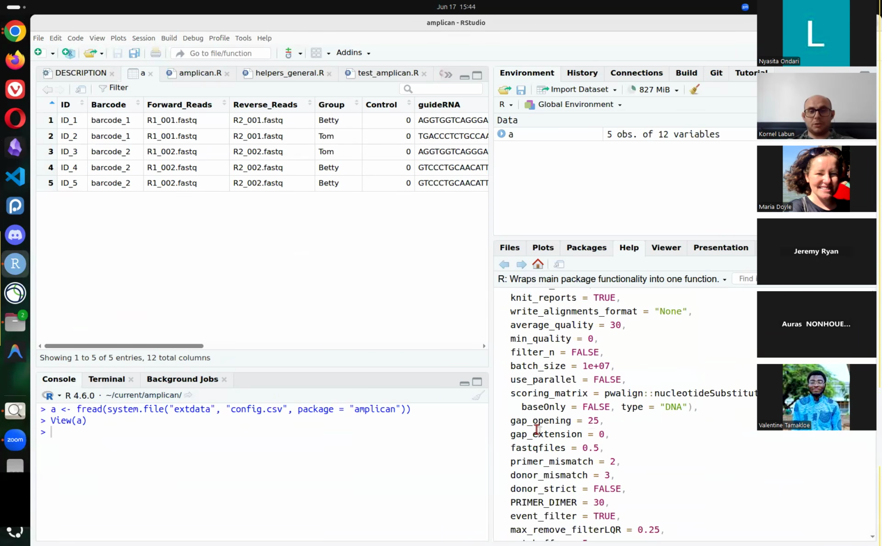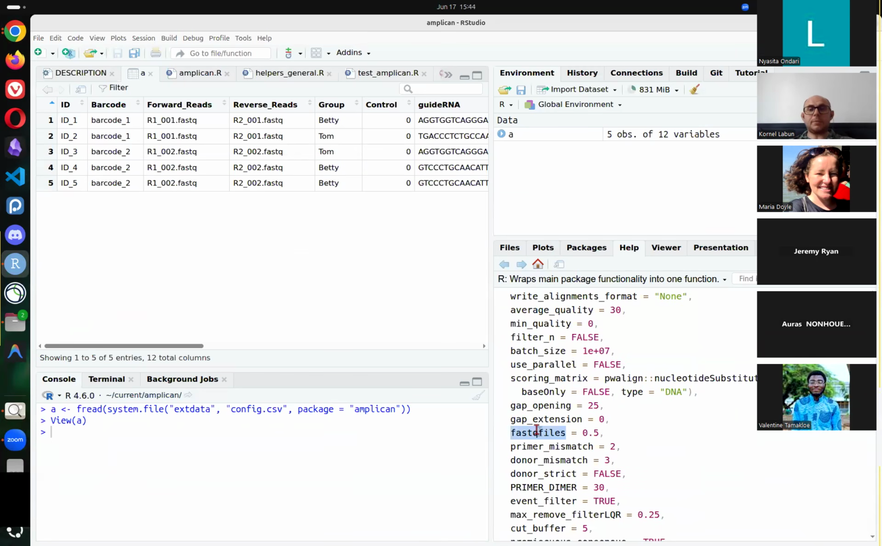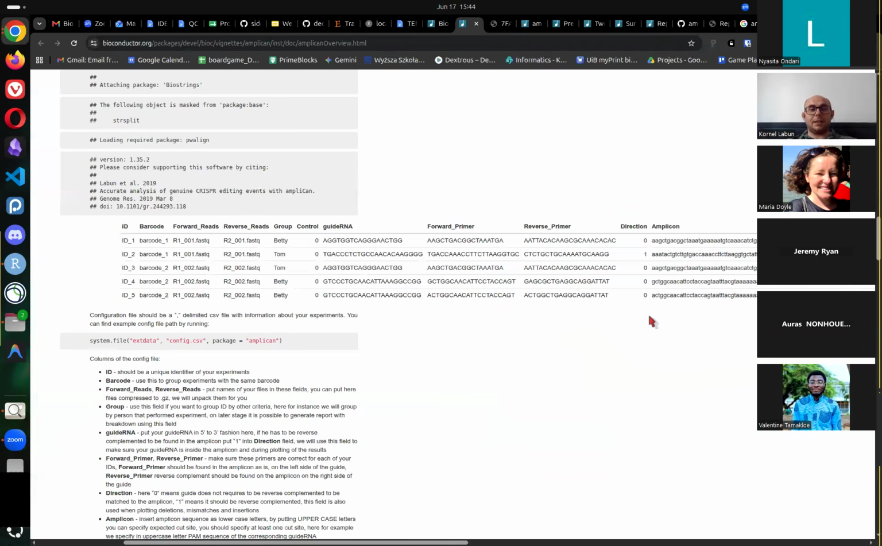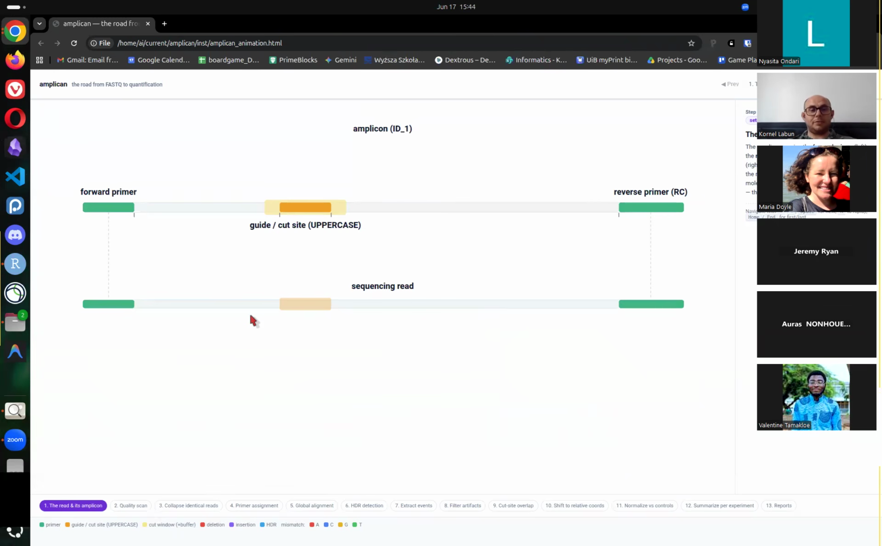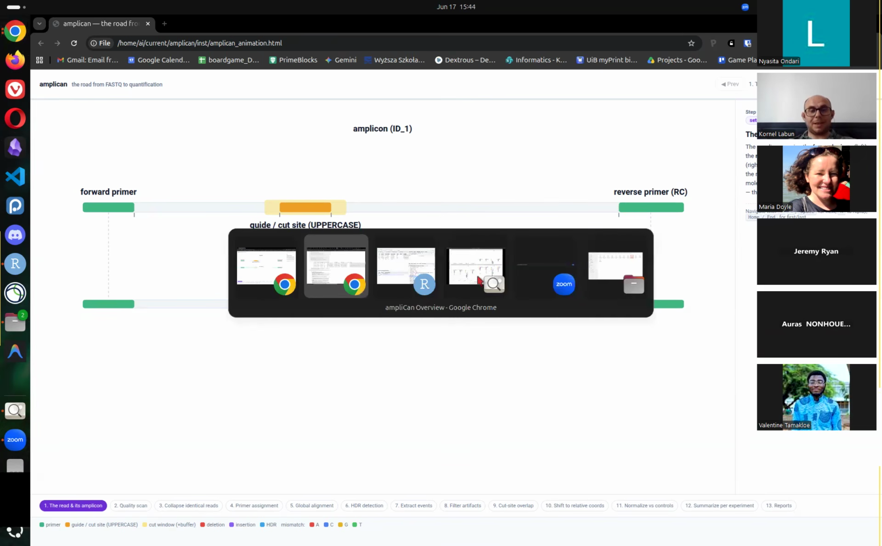The option is called FASTQ files. Then depending on the FASTQ files, if you have option 0.5, that means finding either the forward primer or the reverse primer will quantify the read to this ID, or this is an or option. This is the default. This primer or this primer, because normally people have them unique, like we have in our